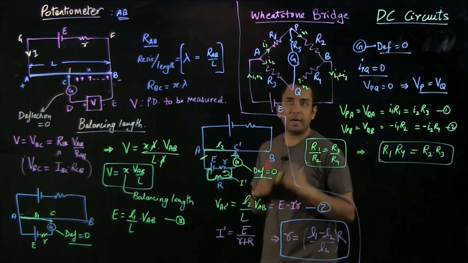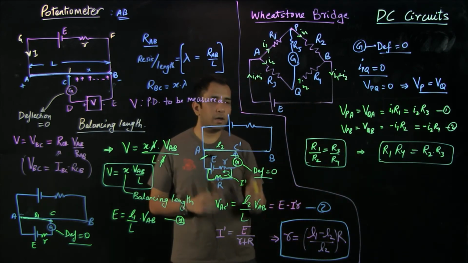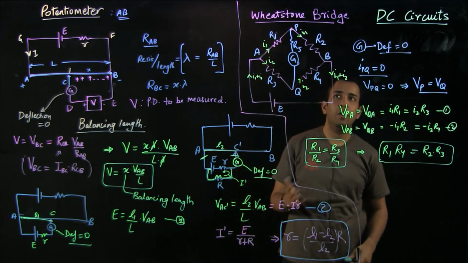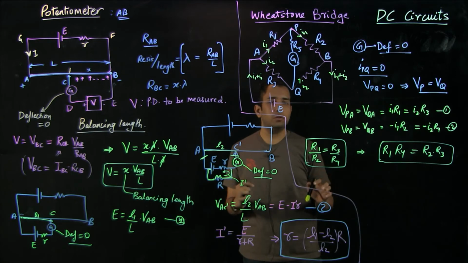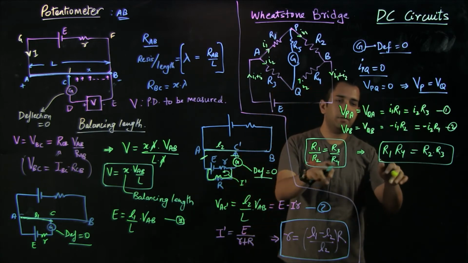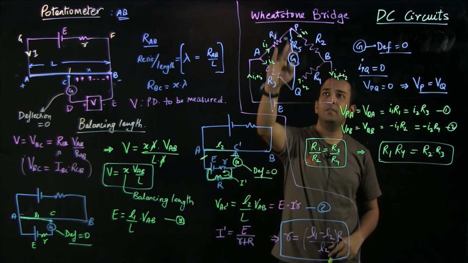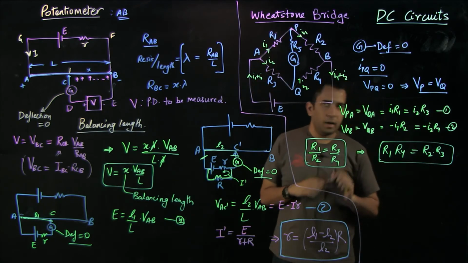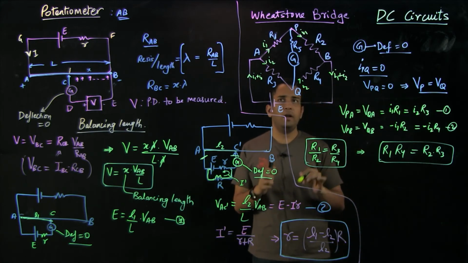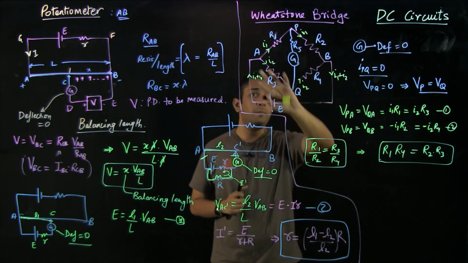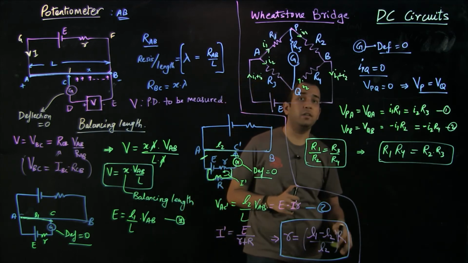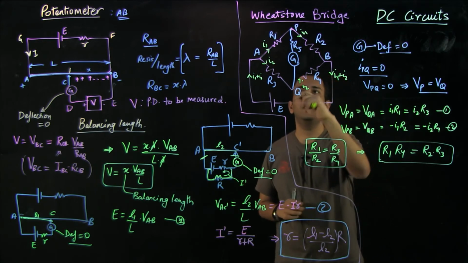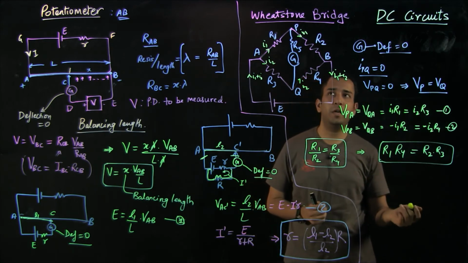So this gives us the condition on R1, R2, R3 and R4 such that the deflection in the galvanometer in the diagonal section is 0. It means that we can choose R1, R2, R3, R4 satisfying this condition so that there is no current in the branch which is connecting the diagonal. An interesting thing to note is that R1, R2, R3, R4 can be numbered or named in a different fashion. So you need to keep attention to this, and you should not hurry while just reading out the resistor values and proceeding with the question.